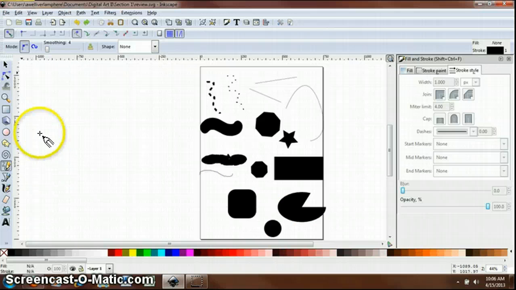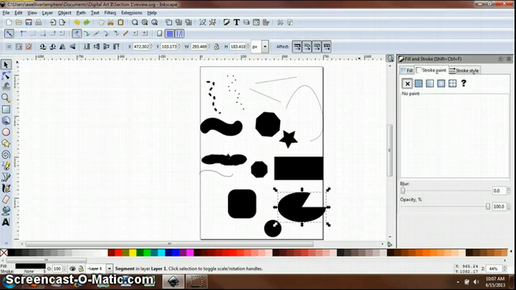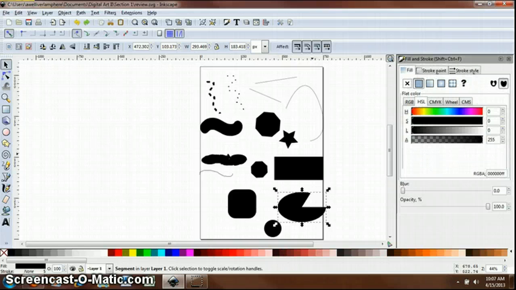Now we're going to make some adjustments, adding some color and some different values to our shapes and objects. So by grabbing your selection tool, go ahead and select any object out here. Then on the object menu, if it's not already open, make sure you open your fill and stroke panel over here to the right. In the fill and stroke panel, click the Fill tab, click the flat color button, which we have selected here. And then click the RGB tab,